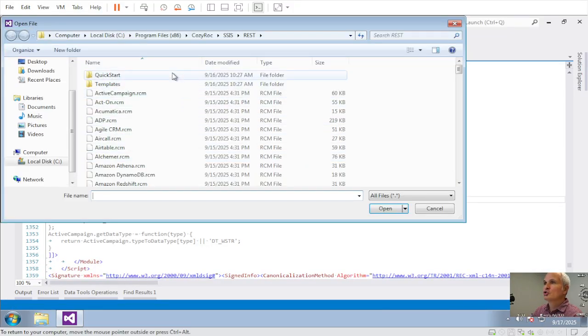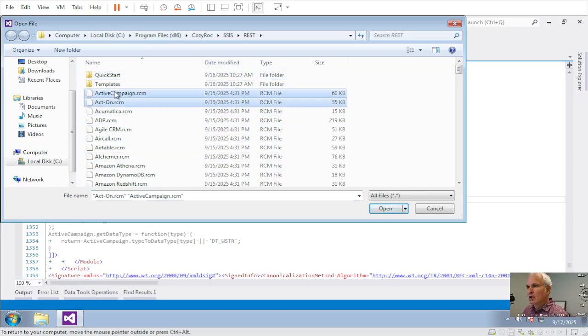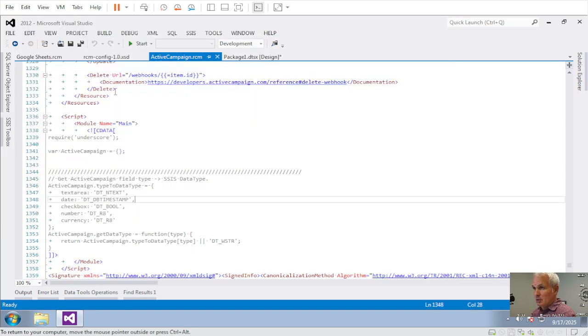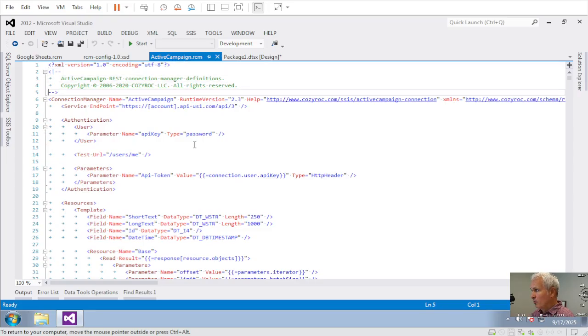So by default, the location is C, Program Files x86, COZYROC, SSIS, REST. Everything that you see here is what's presented in the REST Connection Manager. These are all the configurations for the different applications. Now, this XML format